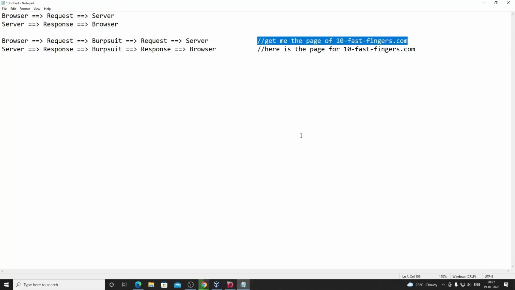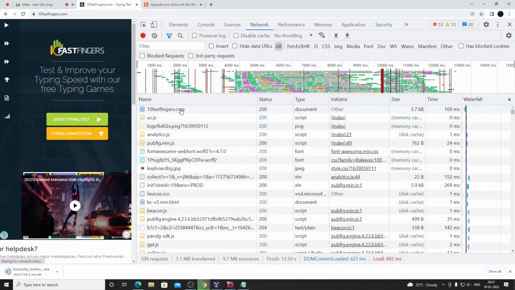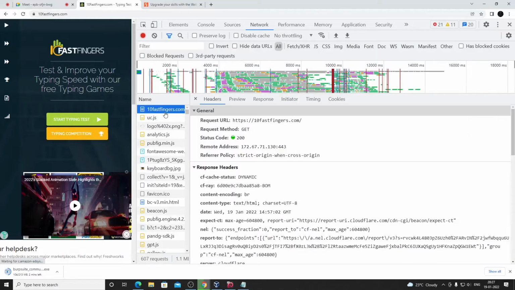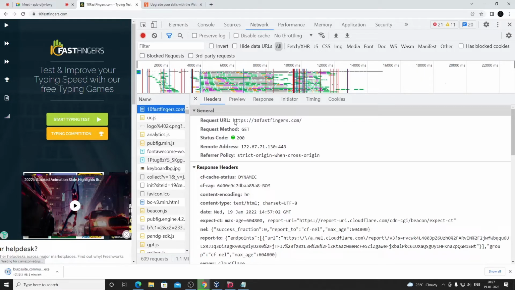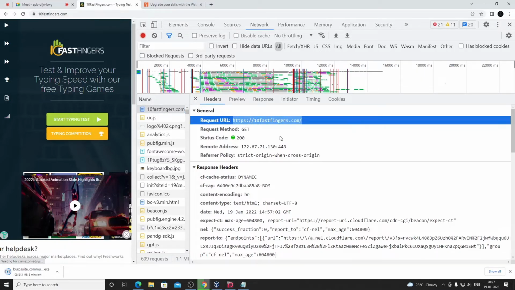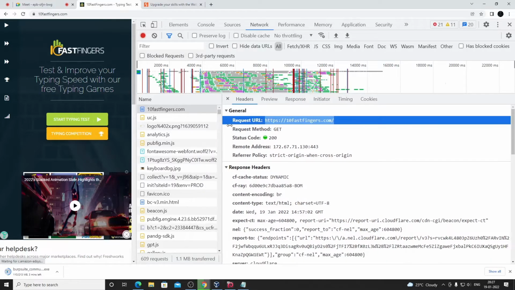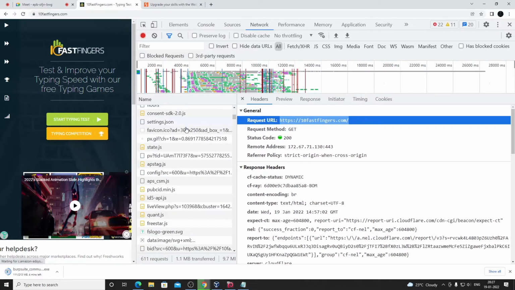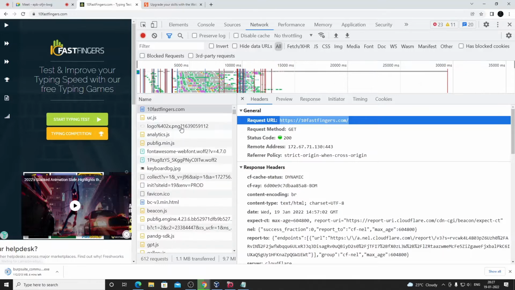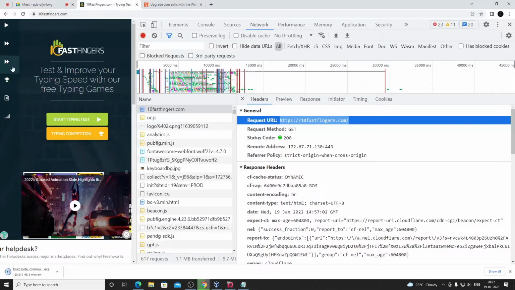Get me the page. So which one is that request actually? This particular request, the first one that got loaded, you can see it requested this particular URL. So here also in developer tools, you can see all of these are requests being sent when you reload this website. A lot of these are images, we have these video, some JavaScript files, and this PNG file is an image for the logo. So all of these stuff, it requests to the server and the server responds back,